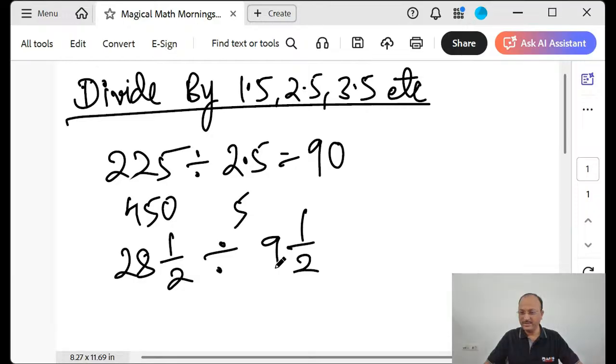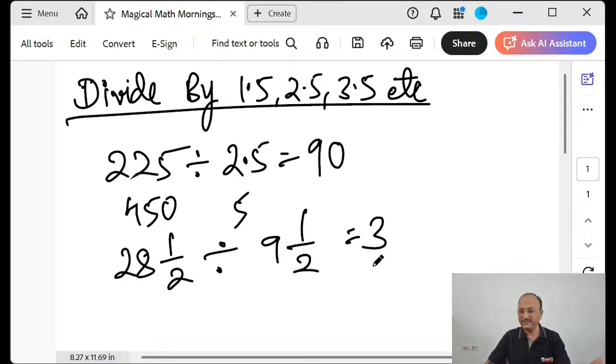Already I should have got the answer. Actually, these are small numbers. Yes. Correct. 28 and half doubled is 57. 9 and half doubled is 19. The moment you see 57 and 19 in your mind, 19 threes are